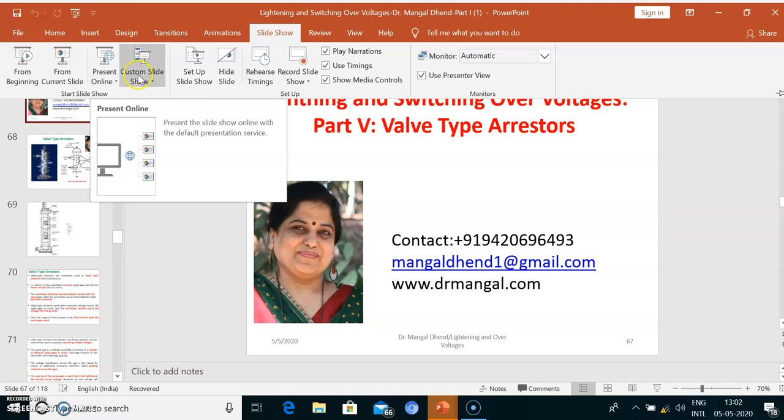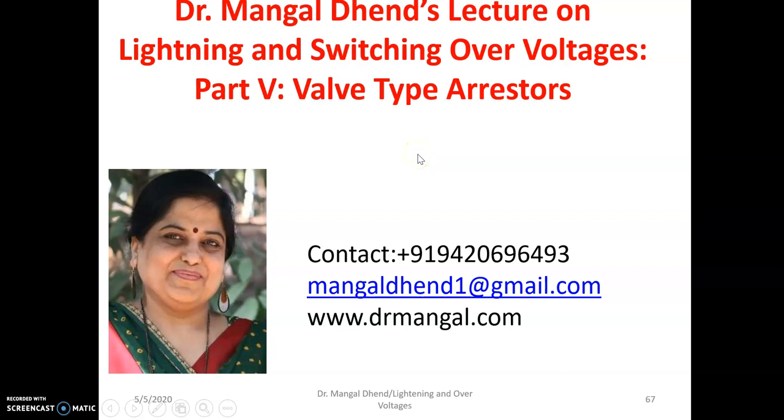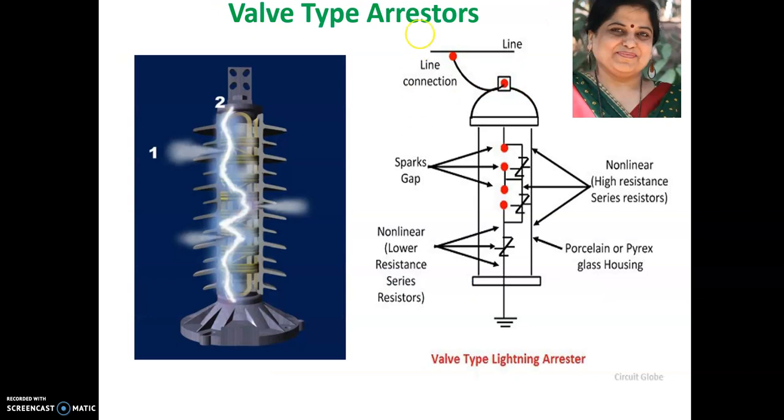Hope you have understood the basic concepts of the lightning arrestor, the constructional parts and the meaning of the arrestor. Now let us see the valve type arrestor today. In a valve type arrestor, you can see a non-linear resistor. This non-linear resistor is connected in series with the gap, and all these gaps and resistors are inserted in one valve. It might be made up of different materials, and the non-linear resistors of this lightning arrestor also can be made up of different materials. So according to the materials, they can be classified into different types.